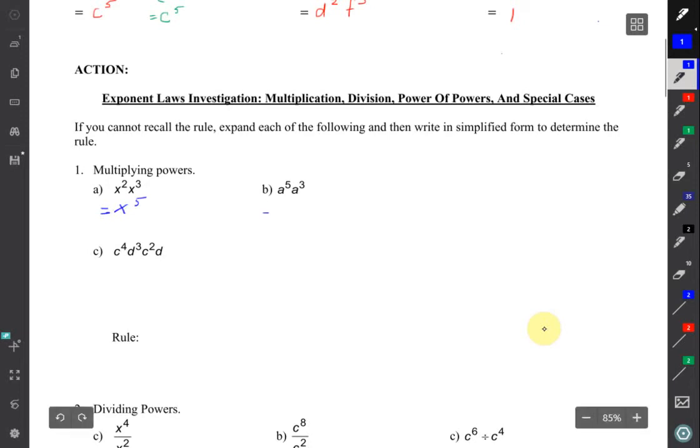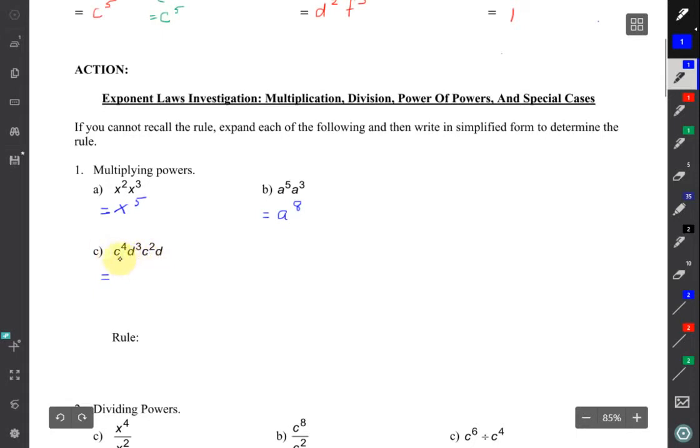Looking at B here, we have 5 a's being multiplied and 3 a's. So 5 plus 3, that's a total of 8 a's being multiplied together. And then here, remember that because the exponent is referring to how many of the base, the value underneath, is being multiplied, you can only combine those that have the same base,